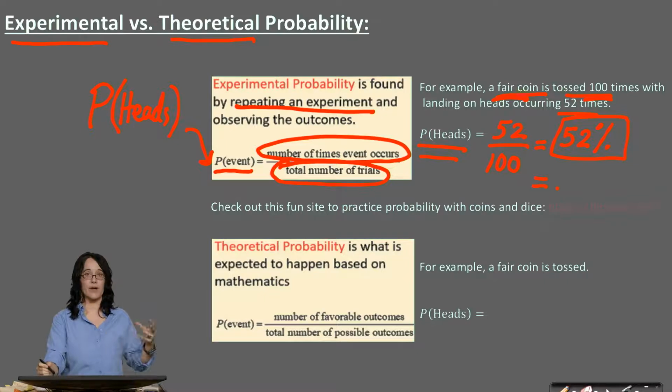And again, out of 100 is really easy to make a decimal. That's 52 hundredths, right, or 0.52. You could have also typed it into your calculator, and they would give you 0.52. And then one other thing I want to mention, if for some reason in your homework you're asked to give